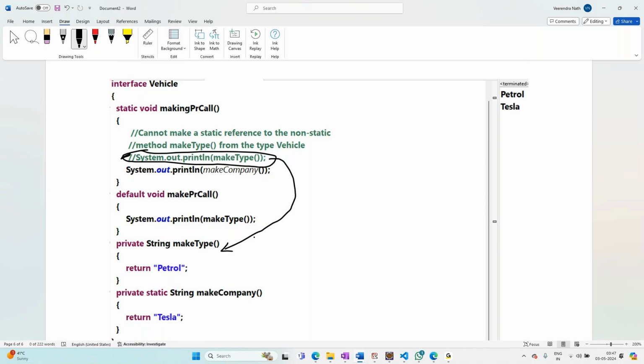making a call to a private method. Inside the class I can do anything, I can access private and all, no problem at all. Now still it is not giving me the access. Why? Because this is a static member and this is a non-static member. Yes or no? So makeType cannot be called from inside the static